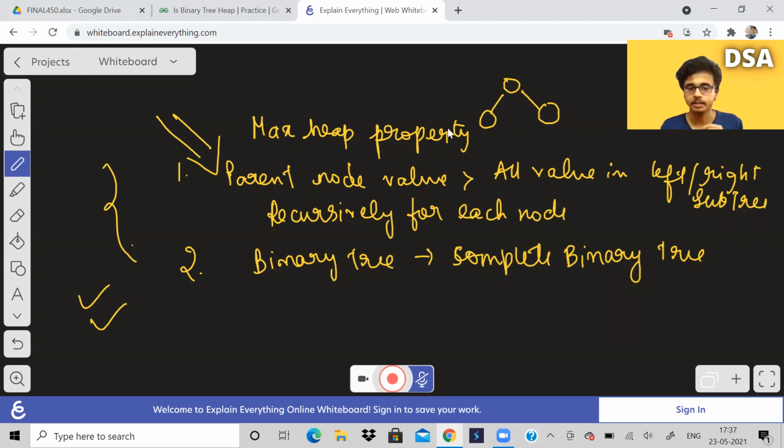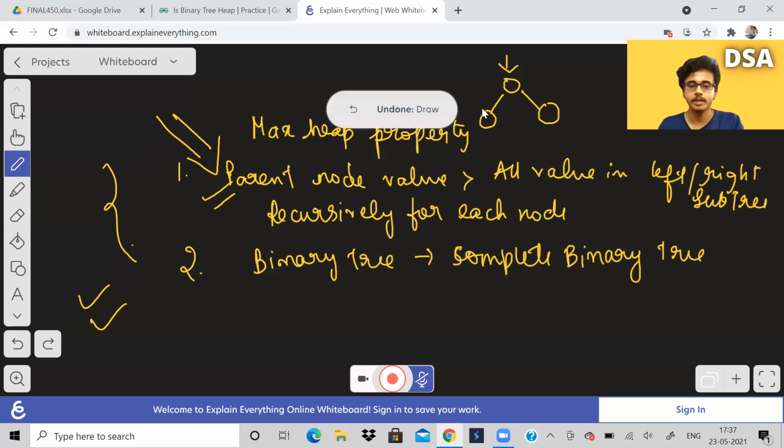I'll repeat that. To determine the first condition, it is enough for us to check at each and every node, if that node has a left or right child, whichever child it has, if the child has a value greater than or equal to the parent, then it won't be a max heap.